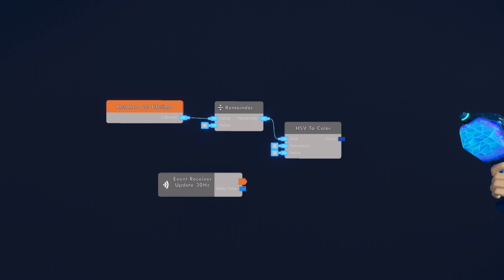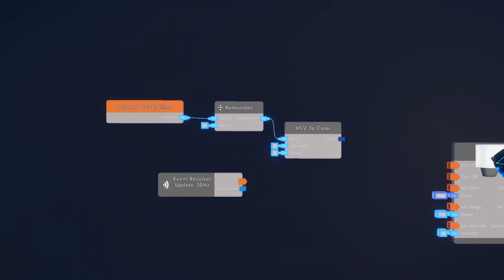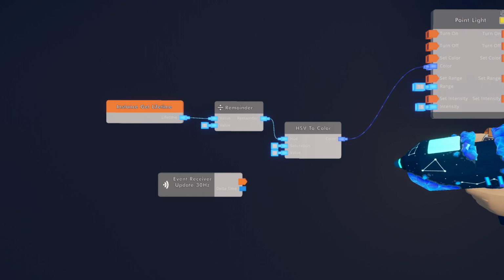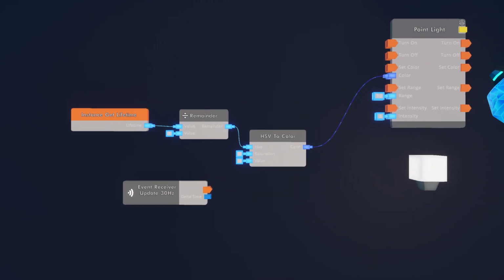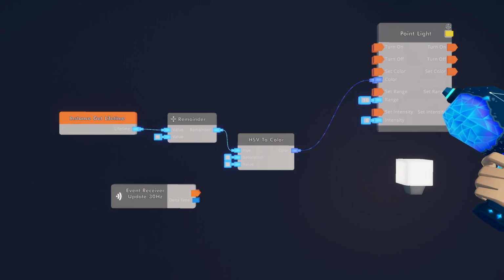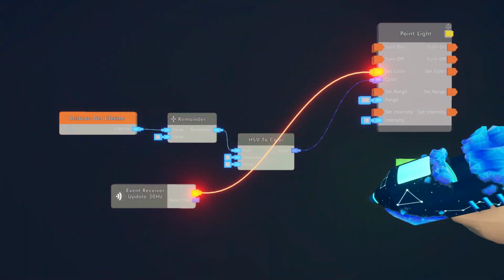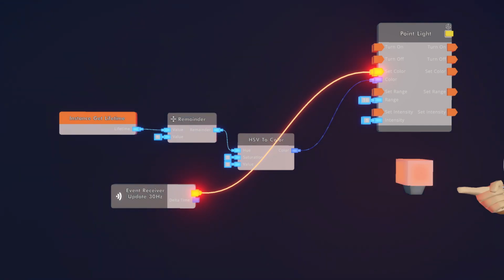Let me hook this up to a light so you can get a good visualization of what color we're actually dealing with here. So I'm just going to wire up this color into the color port, and then 30 Hertz is always running. First, I'm going to unsync it so we don't break net heat. Cool. Let's wire 30 Hertz up in set color, and you can see it's cycling through a rainbow, right? That's pretty cool.